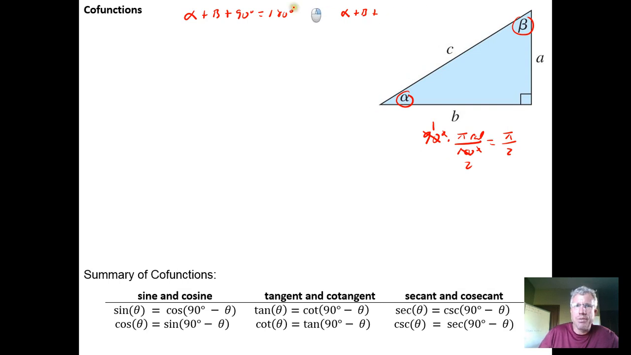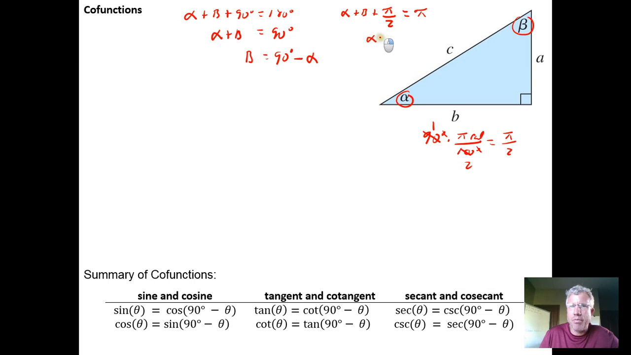So the sum of the angles, so alpha plus beta plus 90 degrees, or alpha plus beta plus pi over 2 radians, has to add up to 180 degrees, but in radian world, pi radians is equivalent to 180 degrees. So we know that these two things have to be true. And then if we subtract 90 degrees from both sides, we can then solve for beta by subtracting alpha from both sides. So we get beta is the same as 90 degrees minus alpha, or we subtract pi over 2